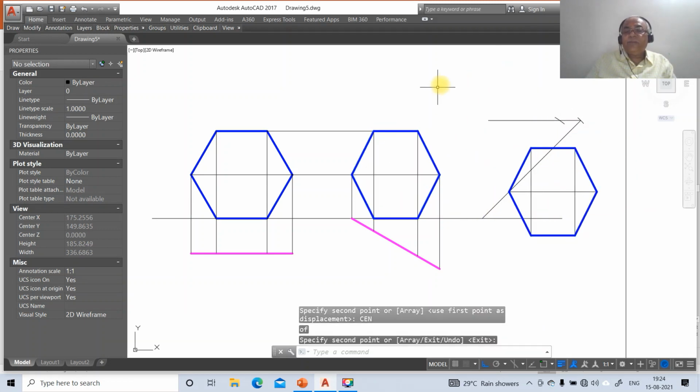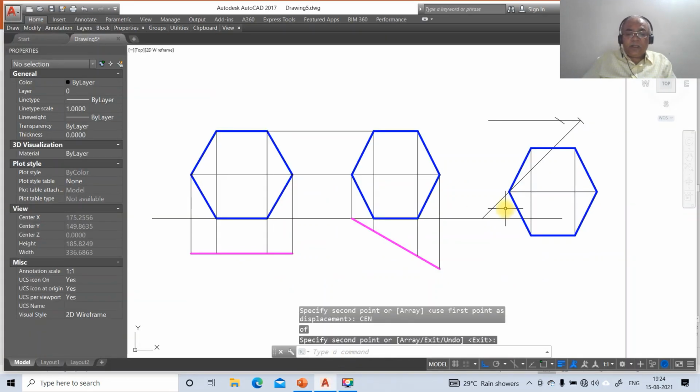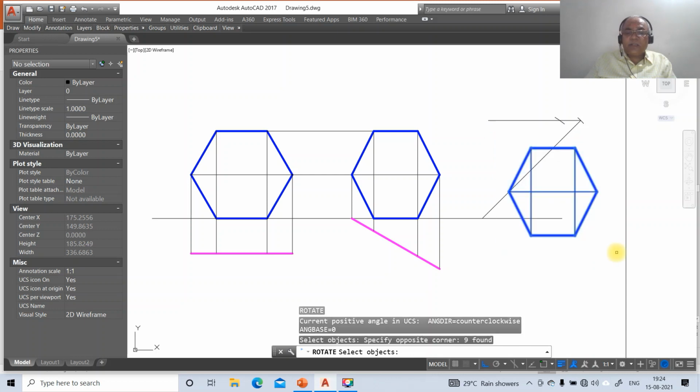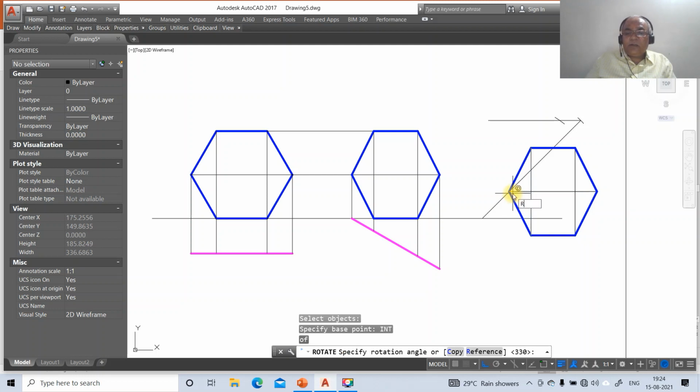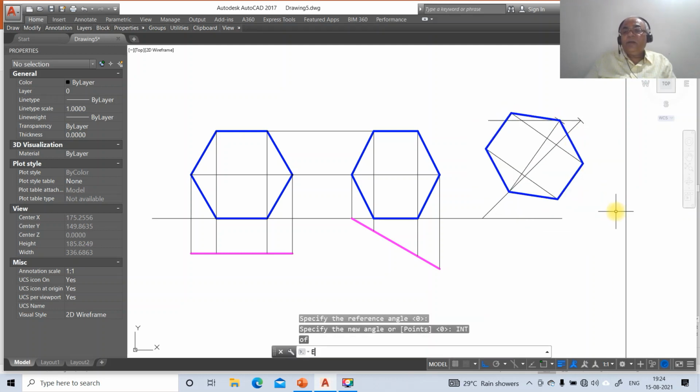So now we have this line. Now this horizontal line which was here has to be rotated onto this alpha inclination line. So to do that, go to rotate, select this entire drawing, that is the entire sketch, then go to base point, intersection, then go to the reference, specify reference angle as 0, and take the new angle as INT of this line. So we are giving the orientation, then go to extend this line, this XY line till this